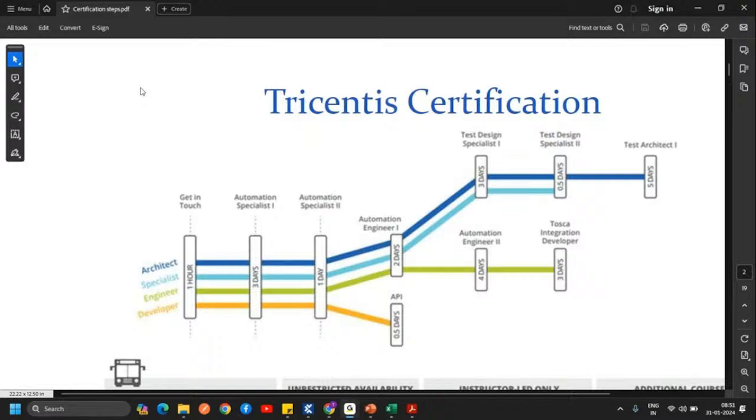Apart from AS1 and AS2, if we have to go further, then we have to purchase that license from Tricentis, right? All the certifications that I've mentioned, you can do freely. I mentioned only AS1, AS2, and TDS2, right? Yeah, all those three are free. The rest, if you want to go for A1, A2, you have to pay some certification fee.